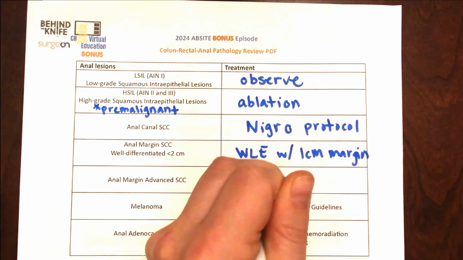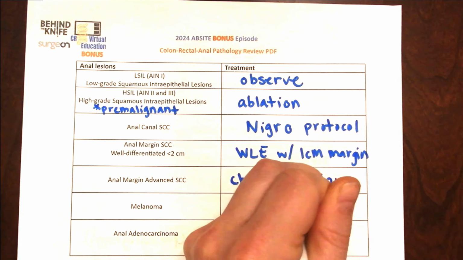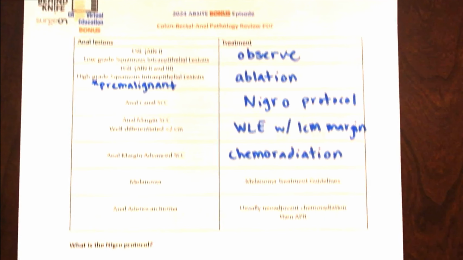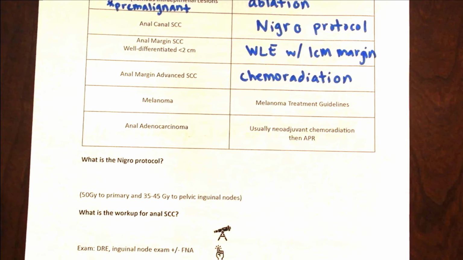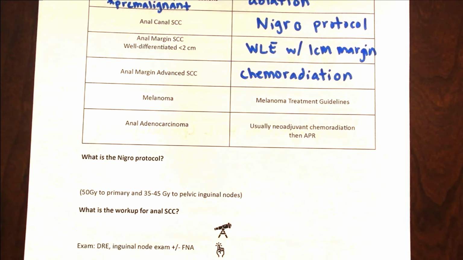All right. And then what about if a patient has an anal melanoma? What do you offer them? Then you would refer to the melanoma guidelines. Great. So you would treat it like any other melanoma. Now the patient is diagnosed with an anal adenocarcinoma. What do you recommend for this patient? Usually you undergo chemoradiation therapy, but depending on the patient, you could also do abdominal perineal resection.